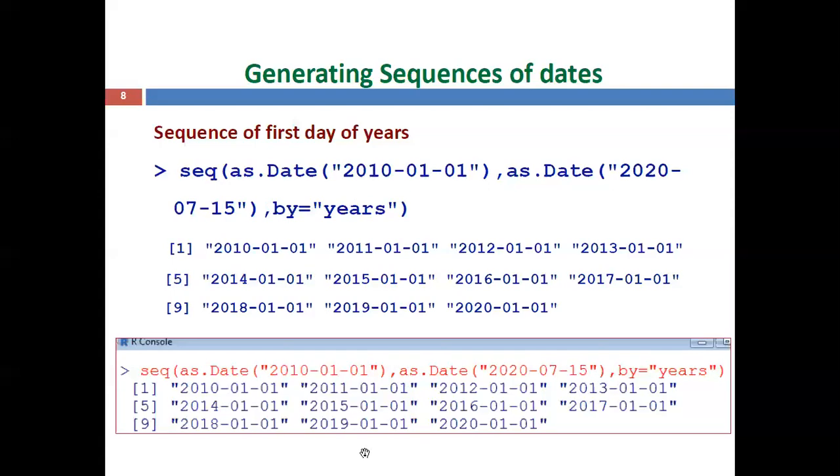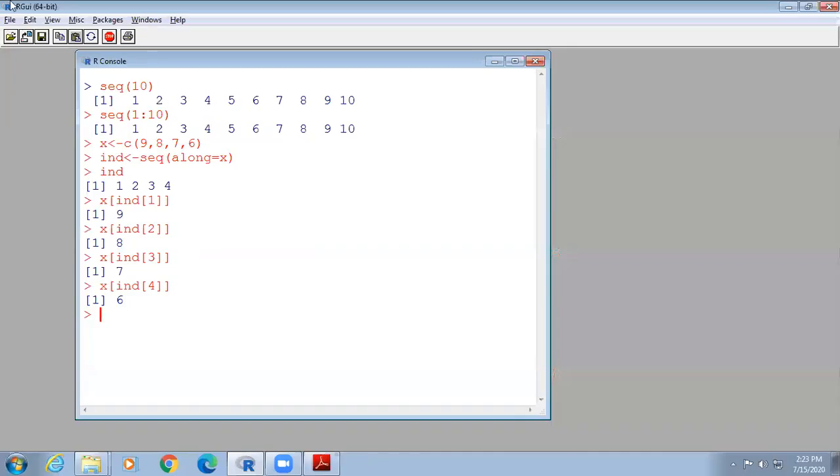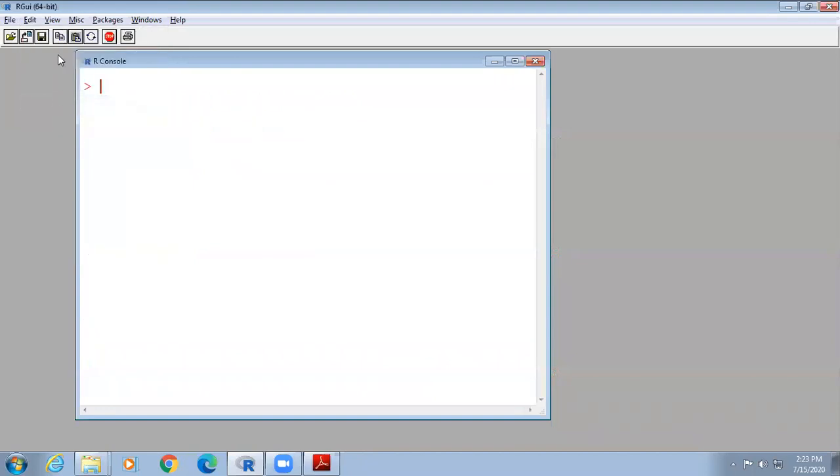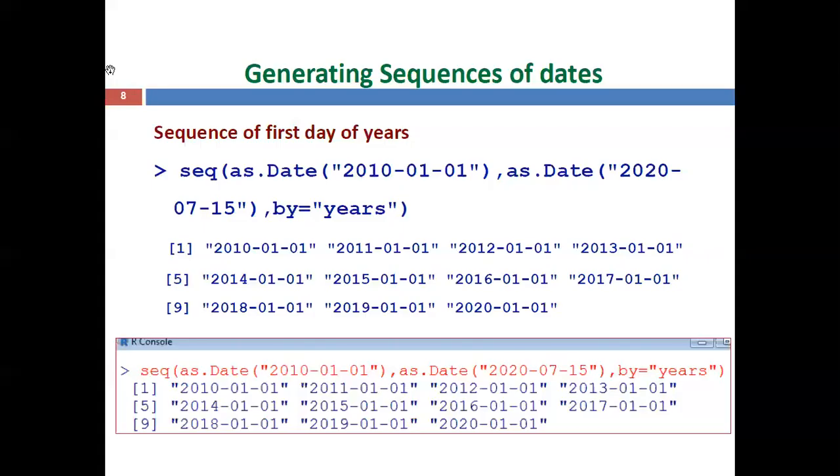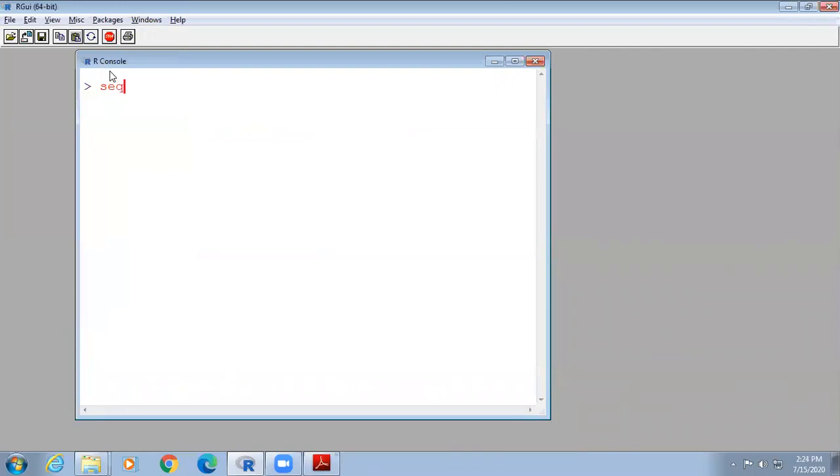Now we will also demonstrate this one. Now we can come to our R software. You can type this command: seq as.Date, D capital, within double quotes, the starting date, for example 2010 January 1st, comma, then the end date again using as.Date, D capital. The end date is today's date, 15th July 2020.